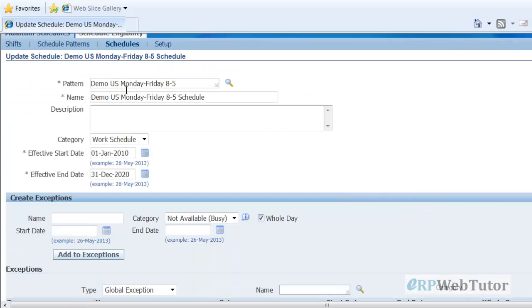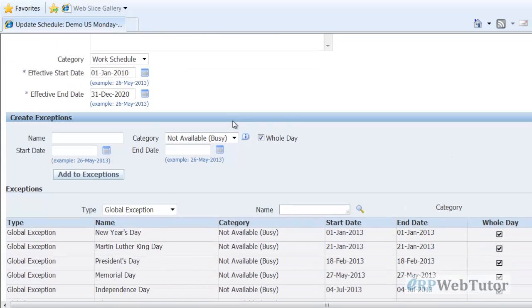So if I click here, I will see that this is the pattern that is being used that I just showed you, and I have created the schedule with an effective start date of 2010 January 1st, end date on December 31st 2020. The reason why I have used these dates is because sometimes if you use from January 1st 1951 to December 31st 4712, it has to go through so many entries into the table, so sometimes it just times out,